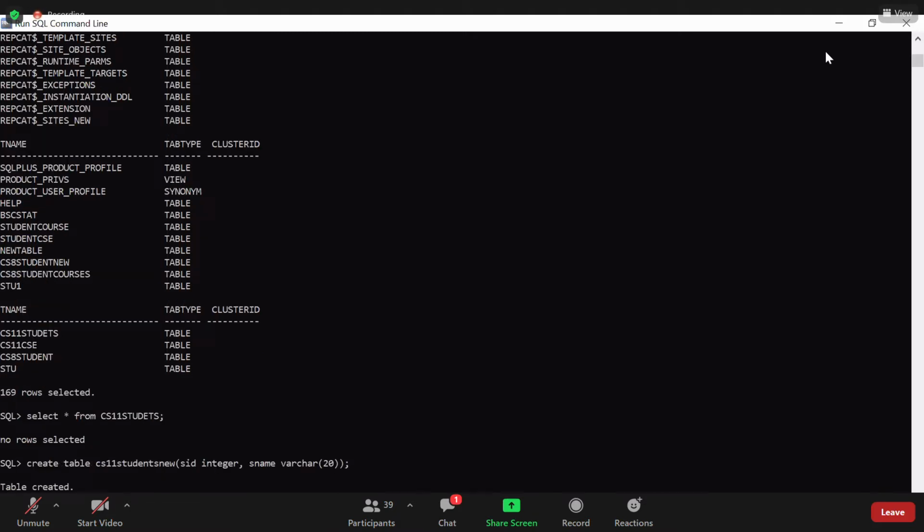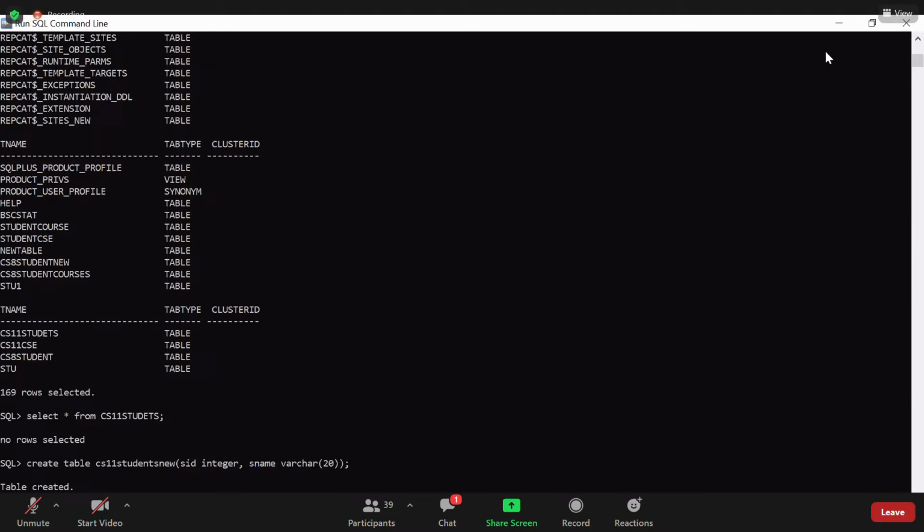So the table is created. Anyhow, you know about altering the structure of the table, how to add columns to the table and how to remove a column which is not needed. That is possible with the alter command using the add keyword or drop keyword.